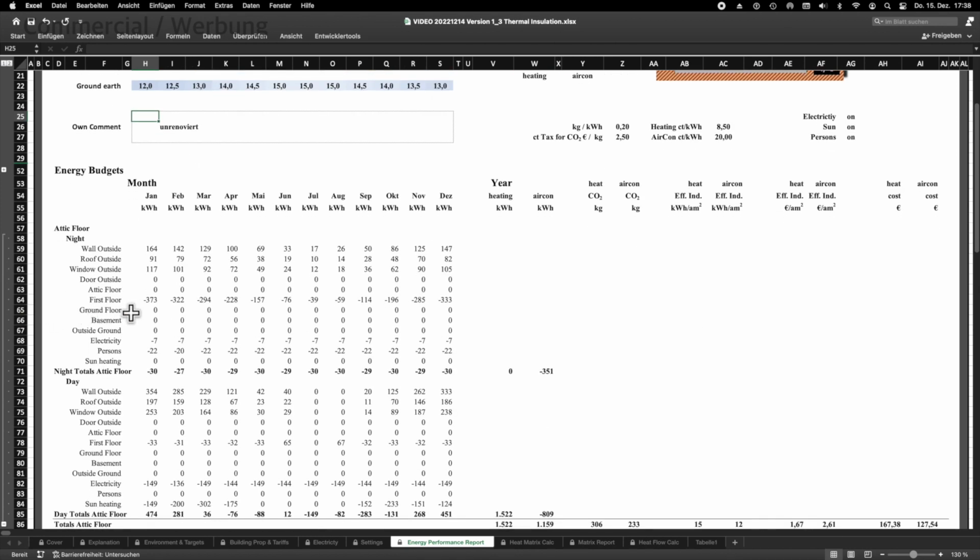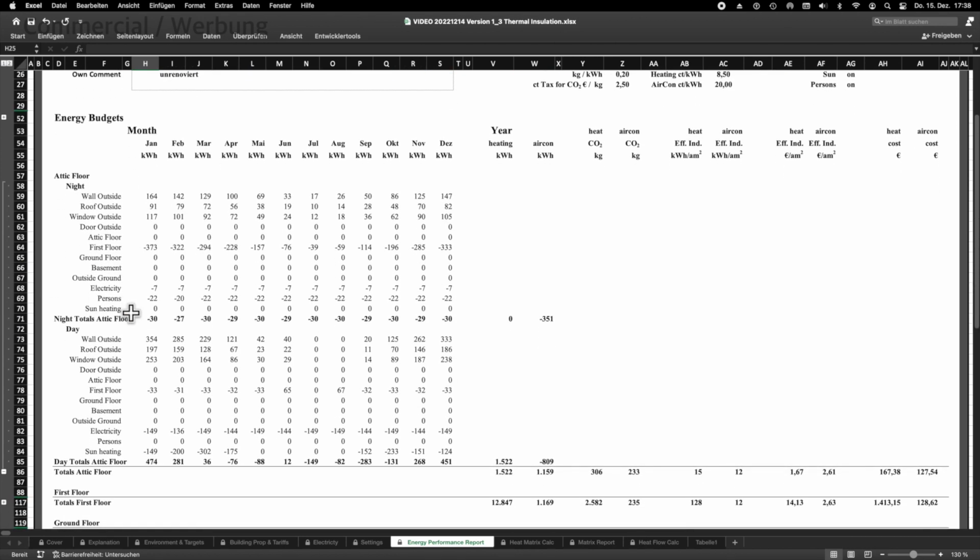You will then receive a detailed list of the thermal energy flows for each floor. Positive energy flows outward, negative energy flows inwards. You can see for each month of the year how much energy flows out through the boundary areas or into the other floors. Cool, right?